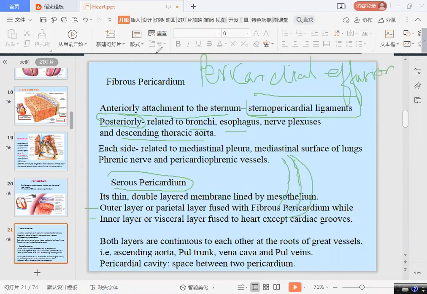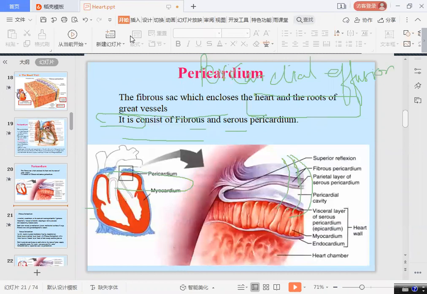If you see here, this is the myocardium, and this is the visceral layer. If there is fluid between this visceral layer and the myocardium, the fluid will prevent the heart from relaxing. That will lead to further failure of the heart. So in heart failure, in hypothyroidism, and we also have